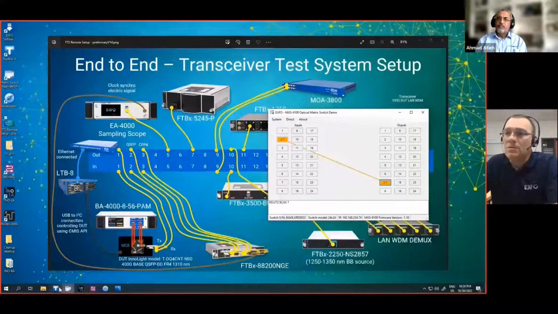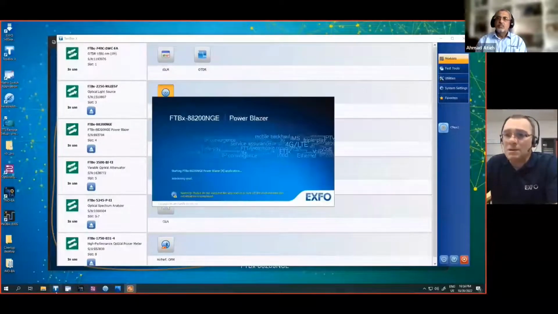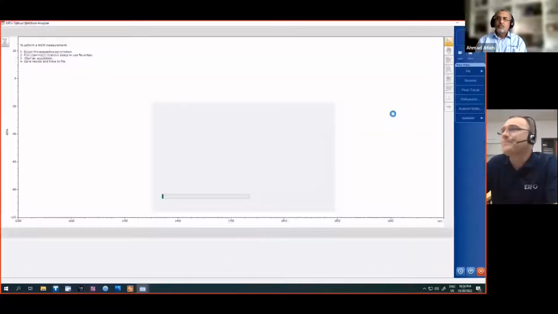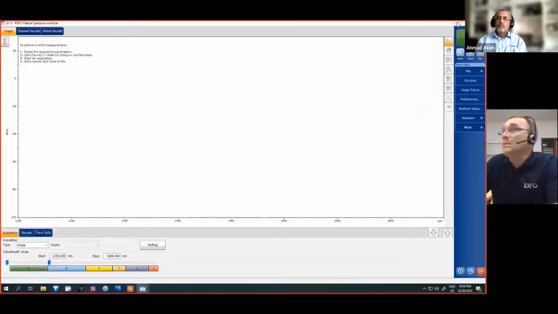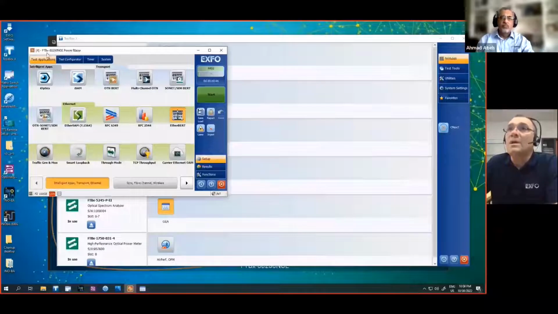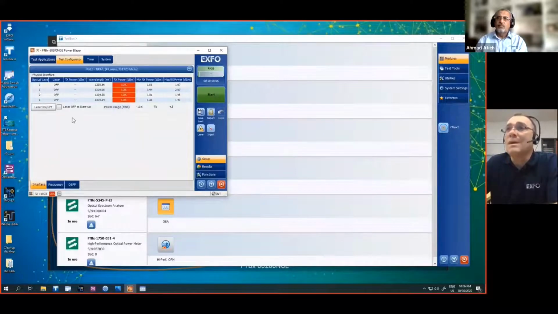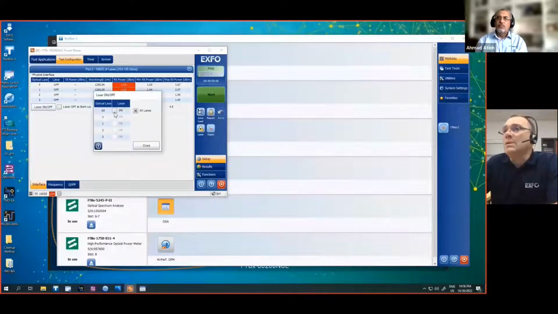Now if we go back to Toolbox and we launch Power Blazer and at the same time we launch the OSA. The OSA is currently started and we have nothing on the screen, but that's okay. If we go to the 88260, which is a BERT tester, and select Ether BERT, we configure everything. Currently, we have loss of signal simply because there's nothing open, and all the lasers are off. So if we open all the lasers